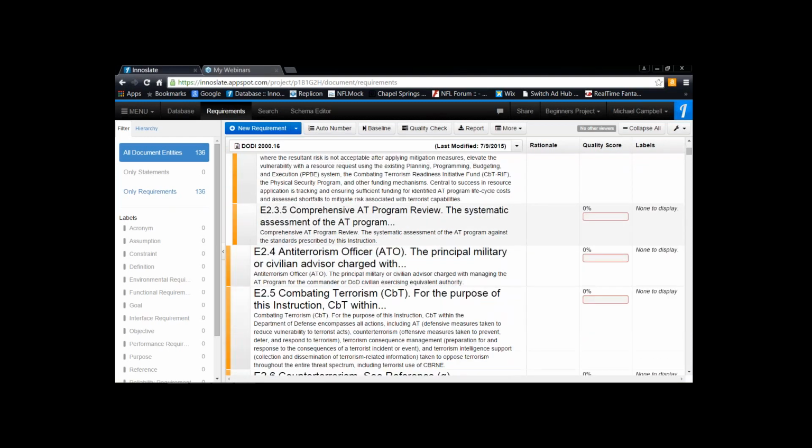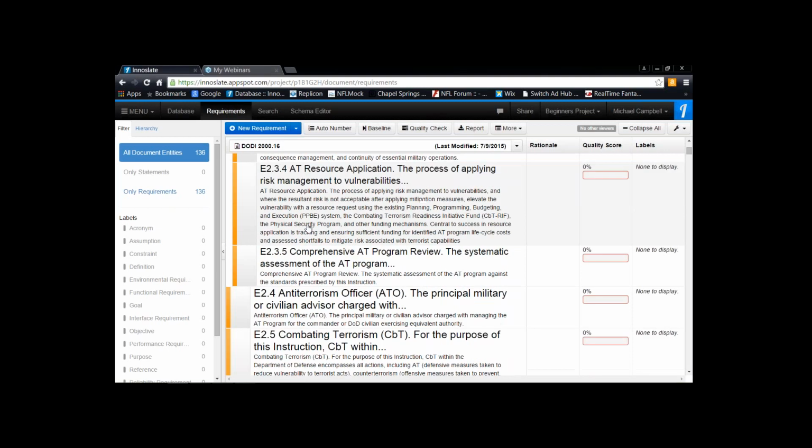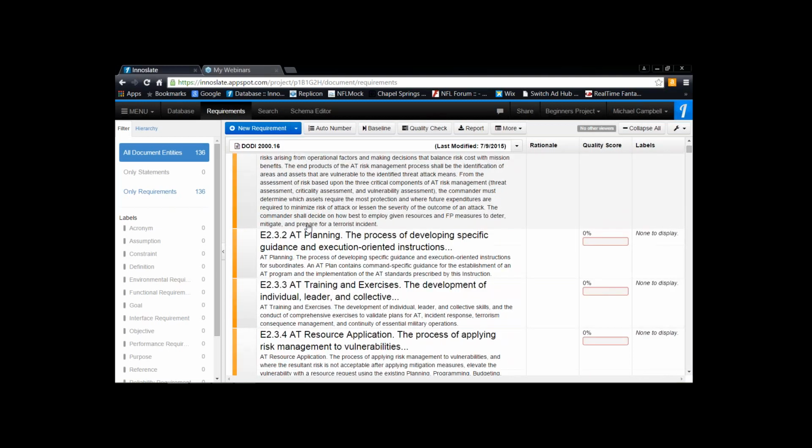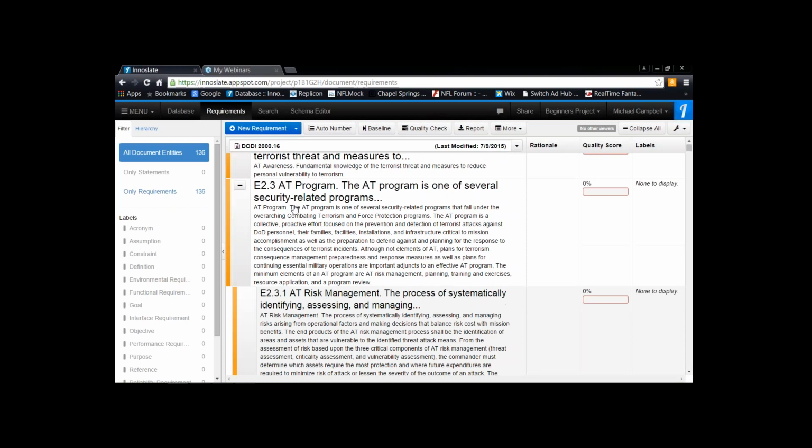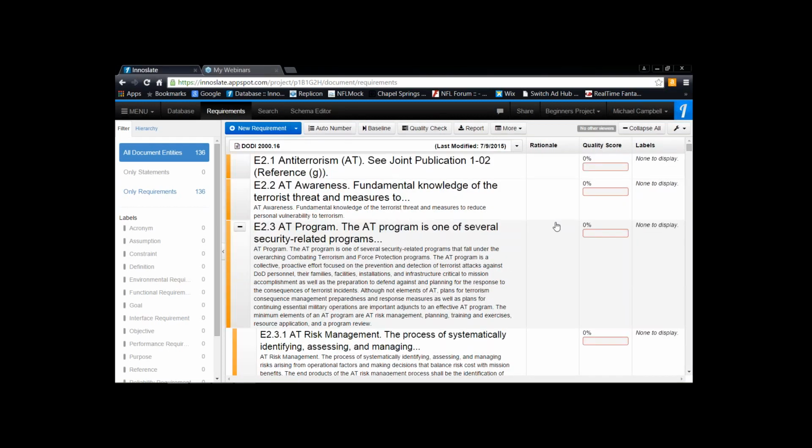and you can see that they're staggered a bit on the left-hand side. That just means that these are now children of a parent in a relationship, and that's identified here. So E2.3, E2.3.1. Basically, since this is requirements view, I can look at a rationale of why this should be a requirement. We do have a quality score over here, and at the moment there are no labels that I've added to this, although I can do that for future reference if I need to when I start sorting